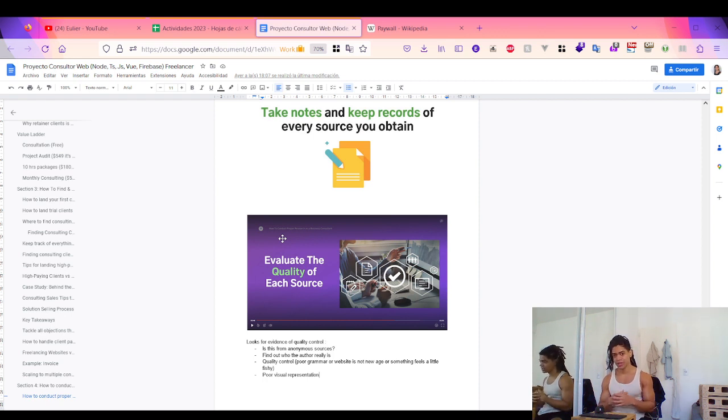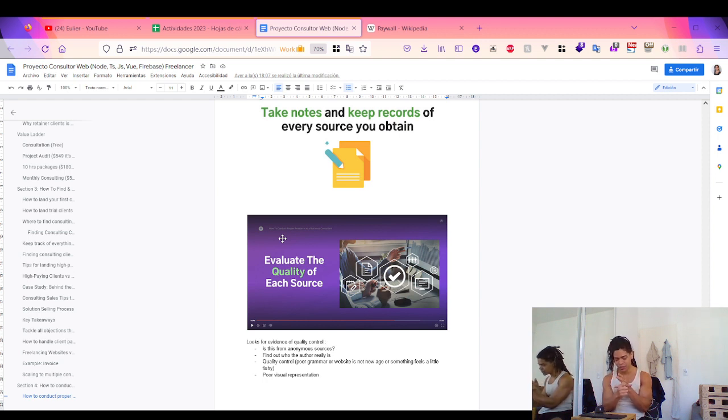Then you evaluate the quality of those sources from the first party data, second party data, and third party data. Evaluate the quality of those sources by looking at if this comes from an anonymous source. Find out who the author really is.